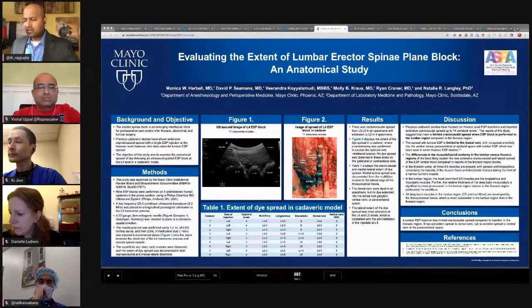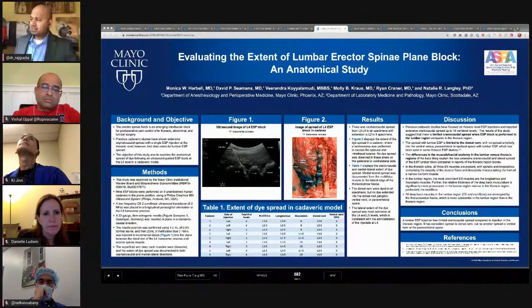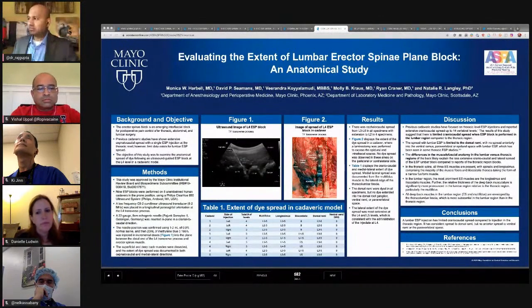The volume that they used was 20 milliliters of methylene blue, and then they dissected out the cadavers. Two things of note: they did not see any contralateral spread on any of the injections. Secondly, they saw spread only up to about L2 at the highest, sometimes only up to L3, did not extend below L5, and they saw no spread into the ventral rami or the dorsal root ganglion. So,